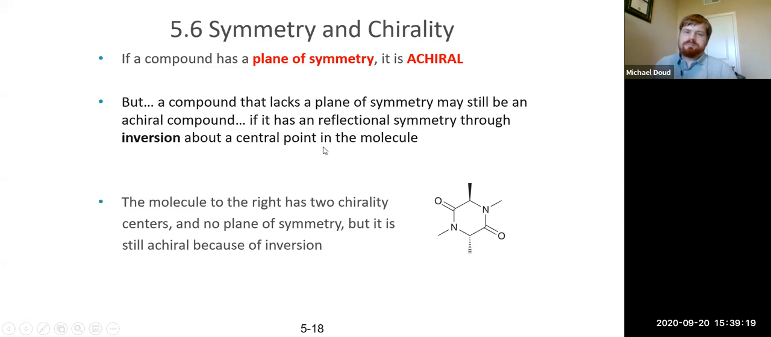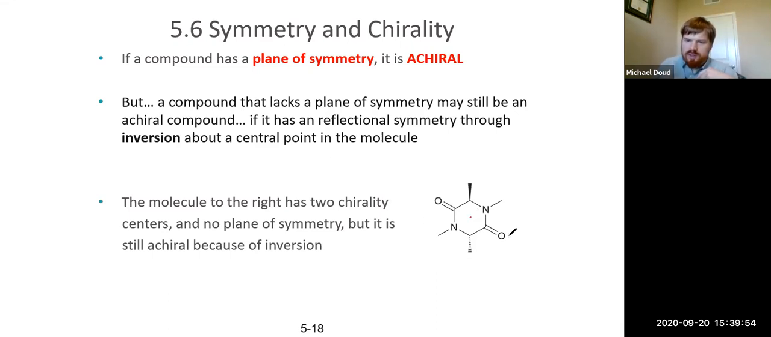So next up, if it has a plane of symmetry, it's achiral. But that said, a compound that lacks a plane of symmetry can still be achiral because it could have reflectional symmetry through an inversion, if it can be inverted through a central point in the molecule. So here you would think, okay, looking at this carbon and this carbon, they're both chiral, right? They would look like they're bonded to 4 different things. But if you pick a point and then invert the molecule through that point,